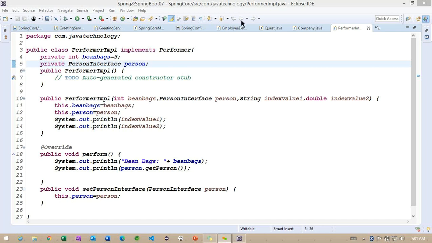Okay, so we'll check another important section here, because if you observe in the previous classes, whatever object we were working with, we were working on a single object. Either with constructor injection or setter injection, the values go into the single object. But if we want to work with multiple objects, how can we work on that? What are the ways we can create them?